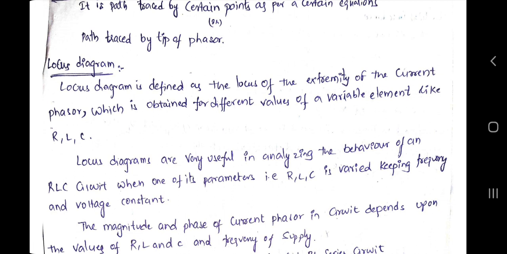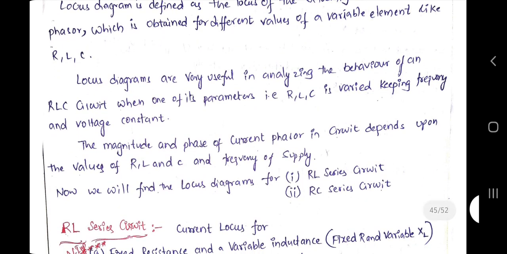That means any one of the RLC parameters should be varied while keeping the frequency and the voltage constant. Here you have to find the characteristics of the RLC parameter while keeping the voltage and frequency constant. Now we will see the two cases we need to observe. First, we have to know the magnitude of the phasor current in the circuit, which depends on the values of R, L, C and the